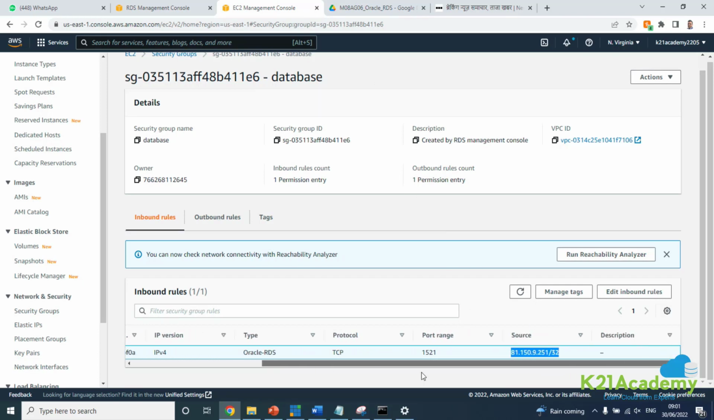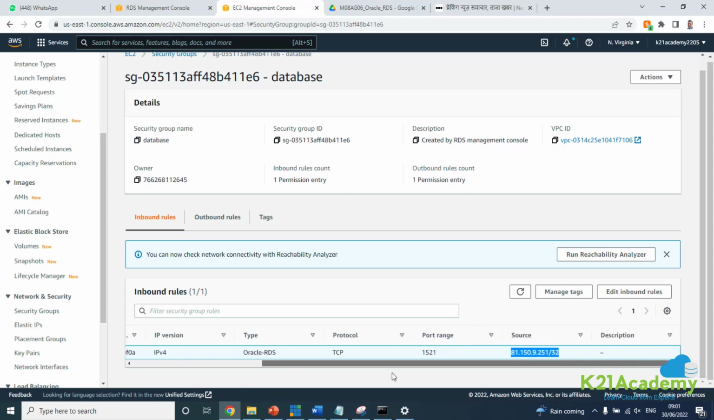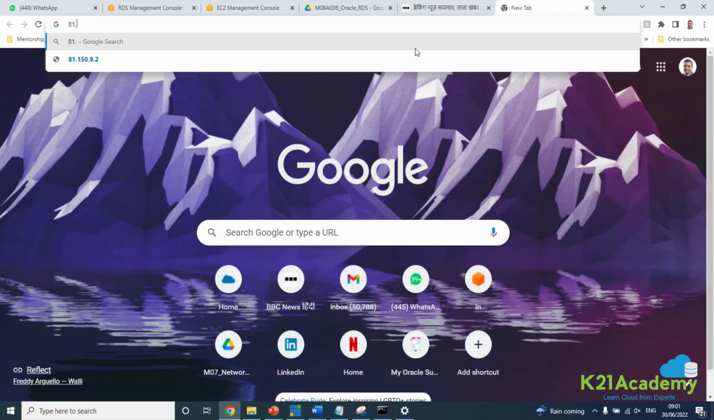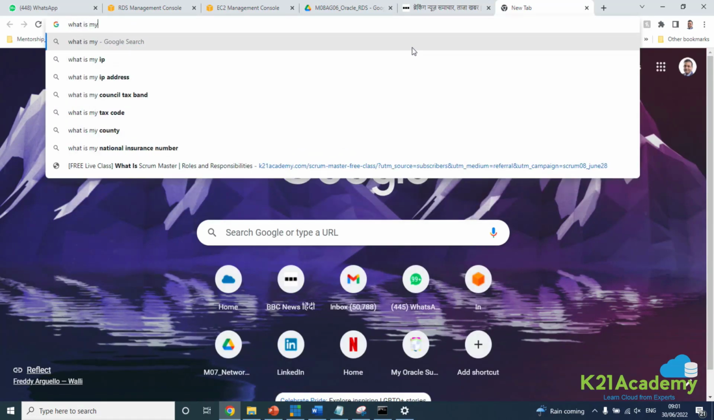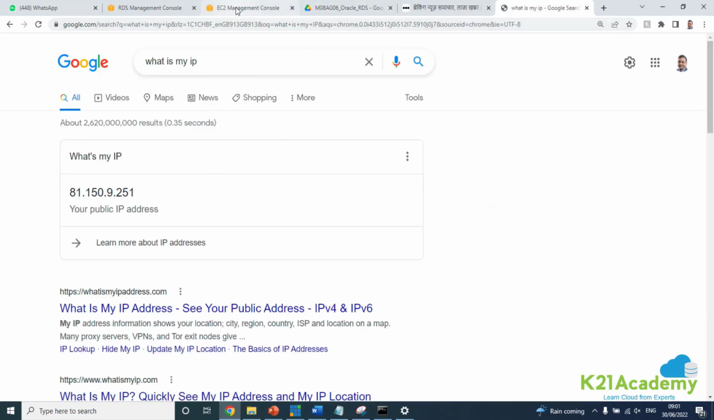So I've already configured this. If for some reason you see connectivity not happening, come here and see whether that port number is open or not. Now this is my IP address, which I think I created in the past. So we'll search for what is my IP, and I'll tell you another option as well for you. So if you look at my IP,